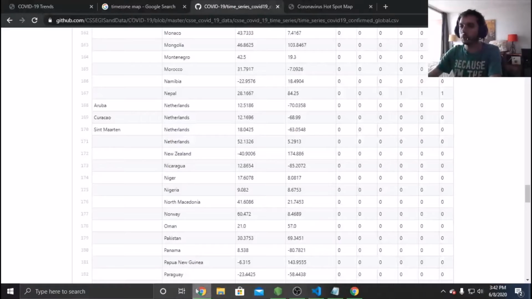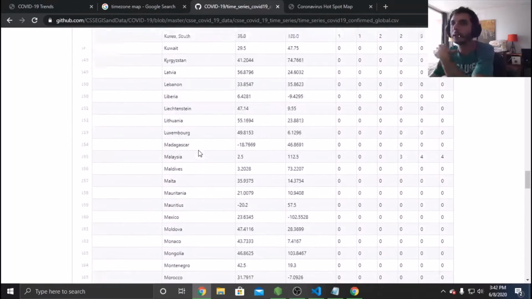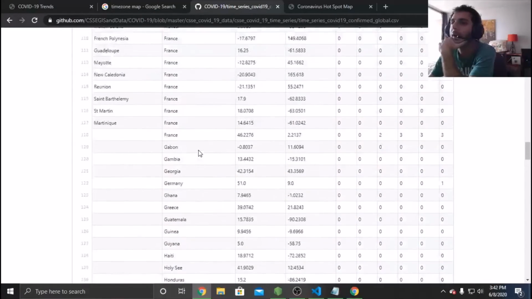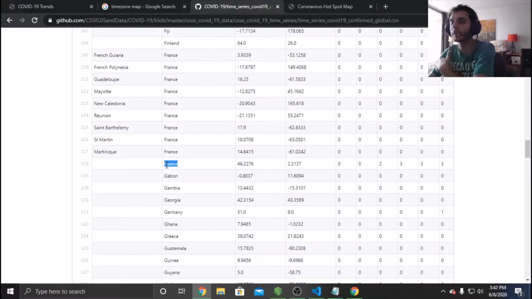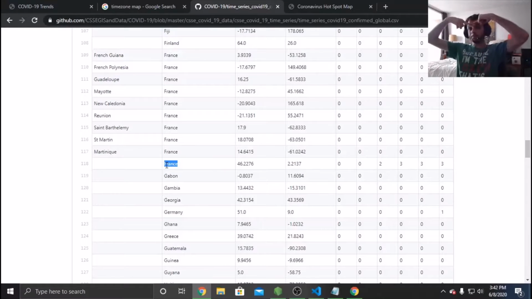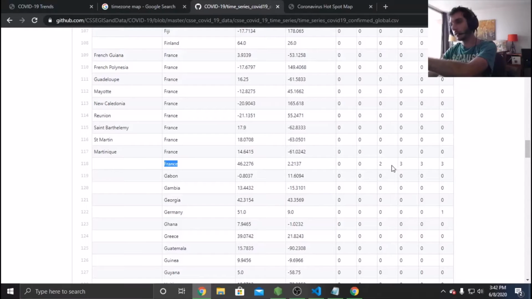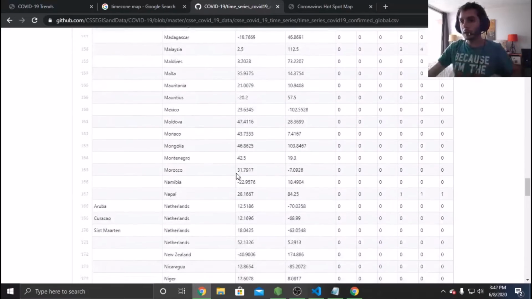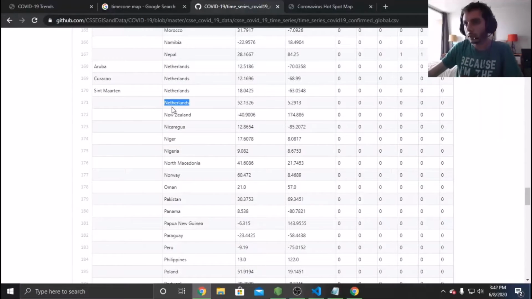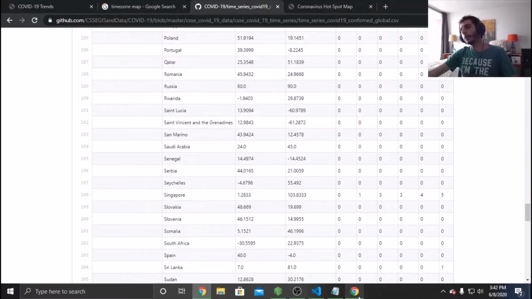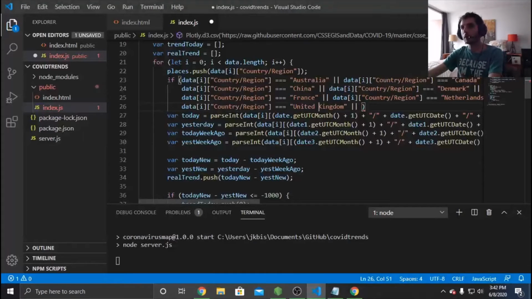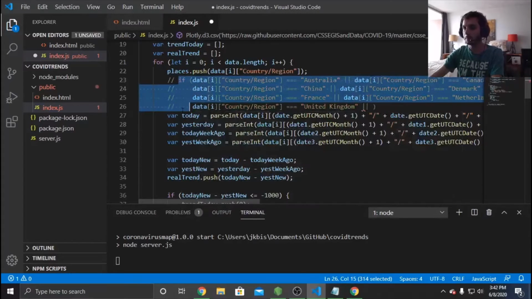So there is an entry in each one for France and United Kingdom and Denmark where it's referencing just the mainland France. So this one that I have highlighted here is mainland France. Then there's one for United Kingdom as well, and the Netherlands and Denmark. So that one is actually easy to filter out. So before I jump ahead and do this,